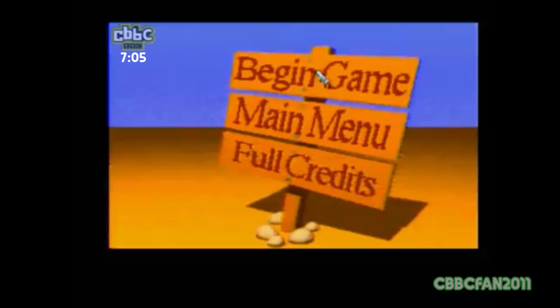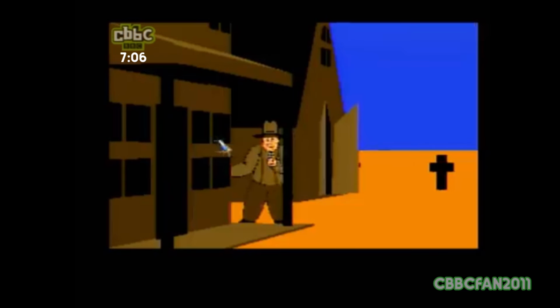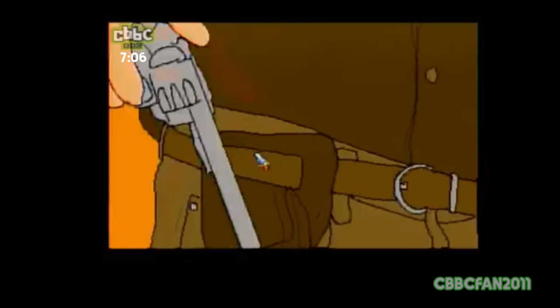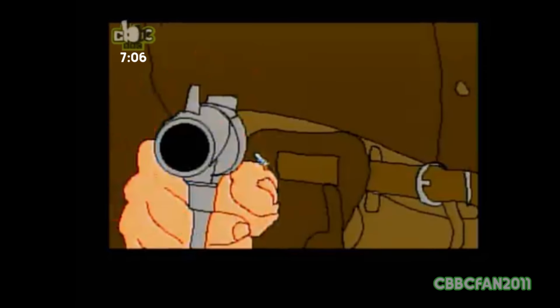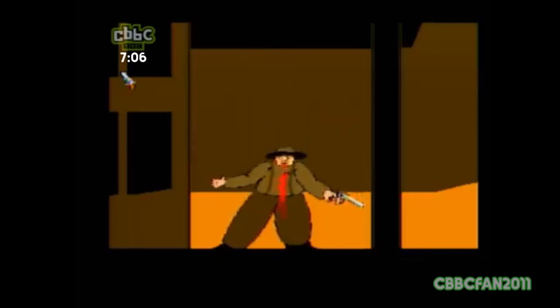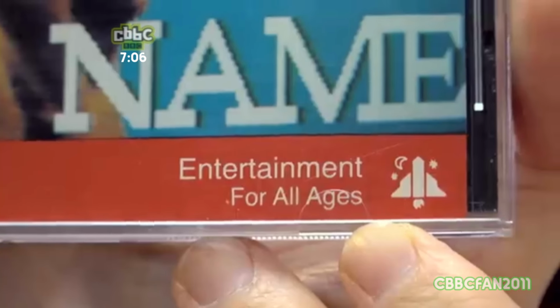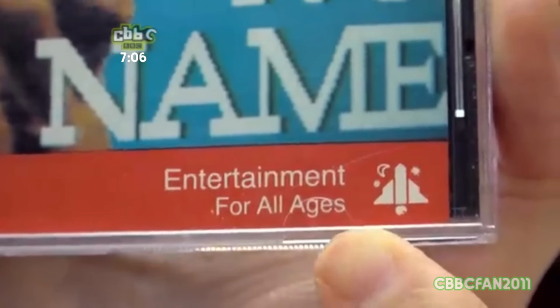So here it is, for real this time. So you walk into the town and some asshole immediately starts shooting at you. From what I can tell, he can't kill you, so all you have to do is click on him. Dang, that's torn it. Ugh. For Fred fuck's sake, what's with all the blood? This game has more blood than Mortal Kombat, and the front of the cover says entertainment for all ages. Where's the ESRB when you need him?